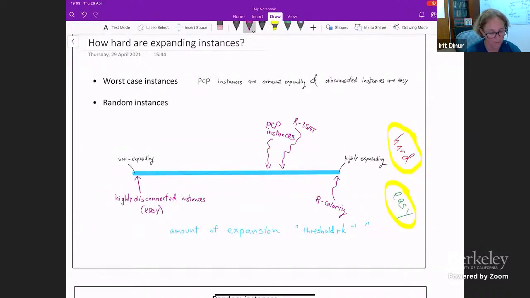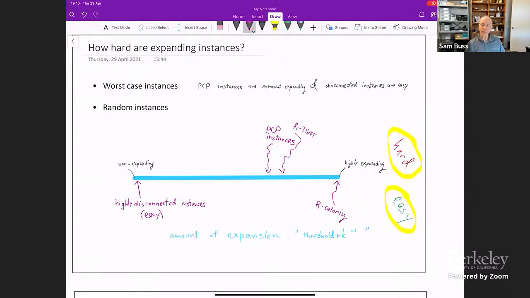Now, let me just tell you. Irit, I think you said this already, but just to confirm, for random 3-SAT, do we have any conditional theorems that it is hard, or is it just that we don't know an algorithm? Conditional theorems, no, unless you're willing to say, if I assume that it's hard, then it's hard. But we do have concrete lower bounds of the form of SDP integrality gaps. So we know that this whole family of semidefinite programming algorithms fail on random 3-SAT. That's the best evidence that I know for the hardness of these things.